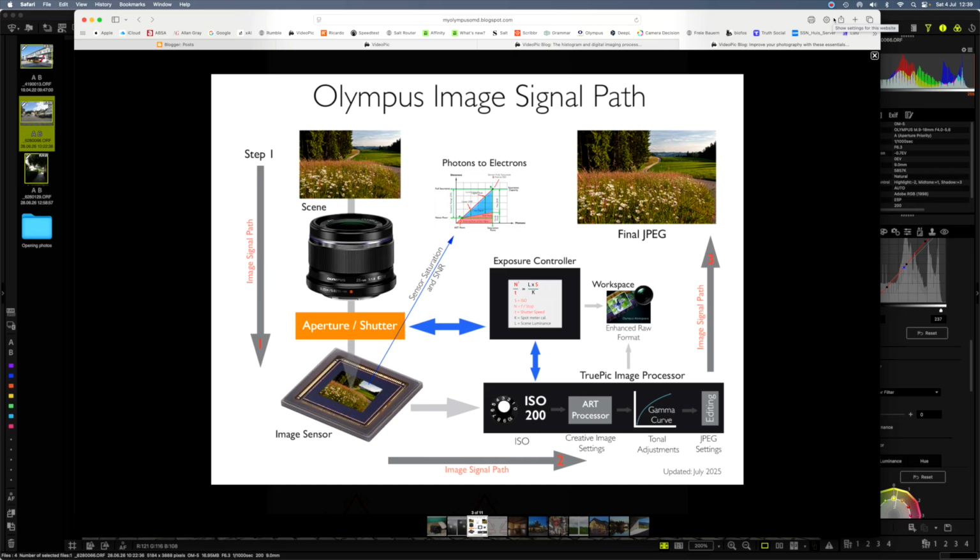Today we're going to look at how to develop your own color profiles and what you need to know to be able to develop your own color profiles. There's quite a bit of background knowledge which is very helpful in creating color profiles. I always like to start with this image signal path, this illustration showing the image signal entering the camera, being processed and being saved on the SD card.